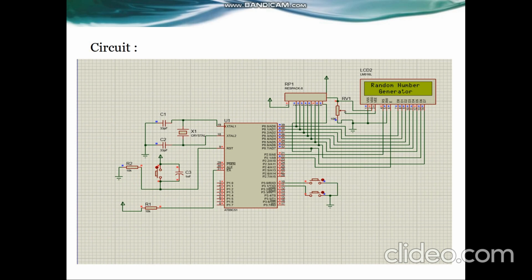This is only a circuit diagram to show you how I have drawn the circuit and how I simulated it. In this project, the LCD displays a number randomly when this button is pushed. The counter is incremented from 0 to 99 at high speed. If you press this button, the LCD displays the current count value, as the count is incrementing at high speed. The 8051 microcontroller selects a random number when the button is pressed.